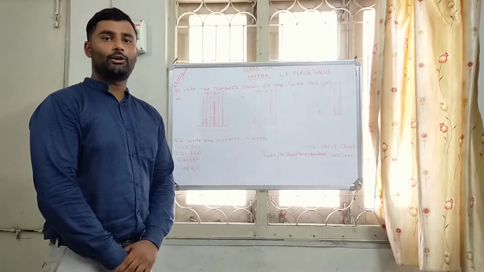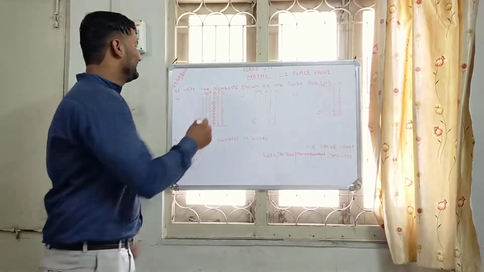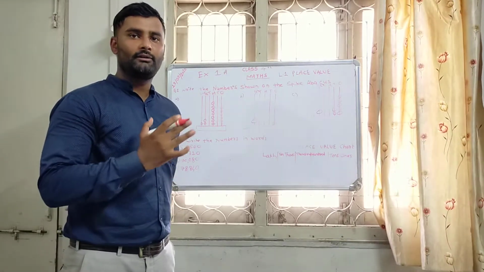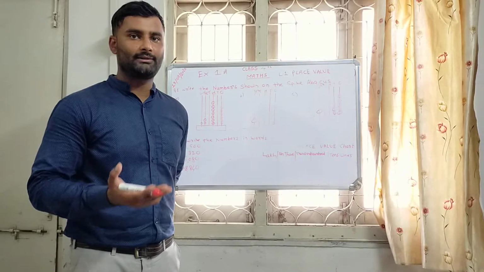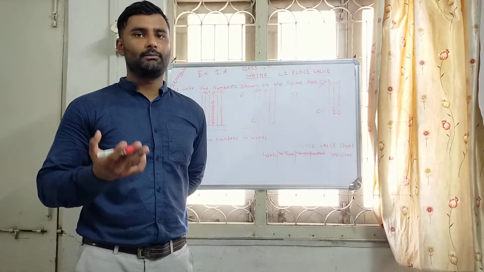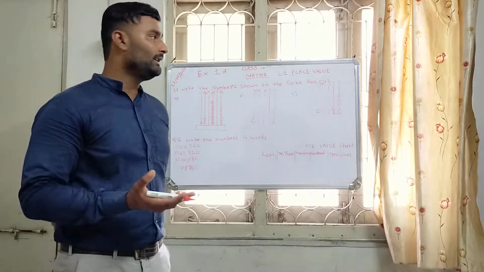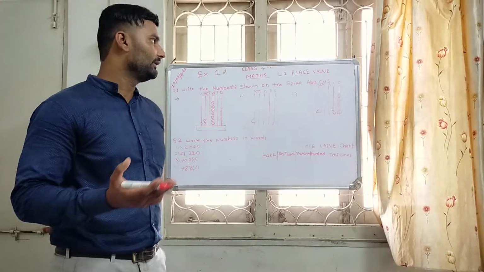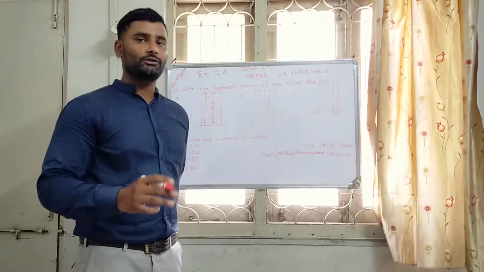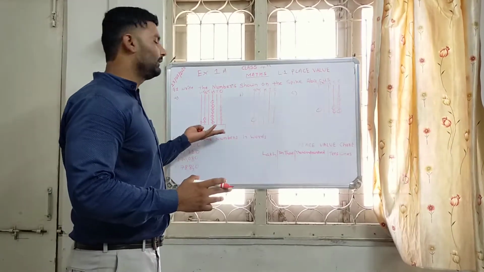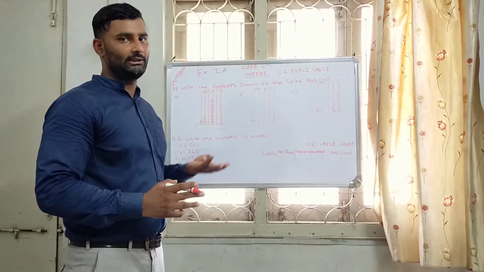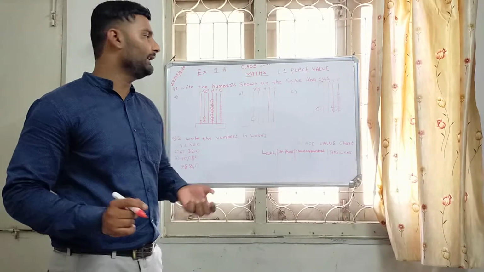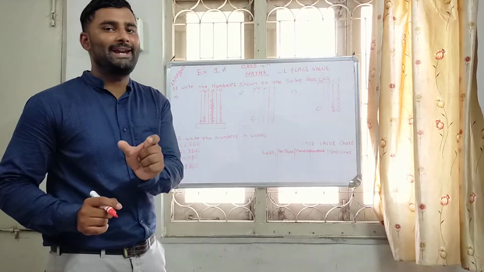We are going to study our new topic, which is exercise number 1A. As earlier we studied place value numbers, 3-digit, 4-digit, 5-digit and 6-digit numbers, and making their face value and place value and the difference of both the values. After that we also studied this similar topic with the abacus spikes method. So our first question of exercise 1A depends upon that topic of spike abacus.